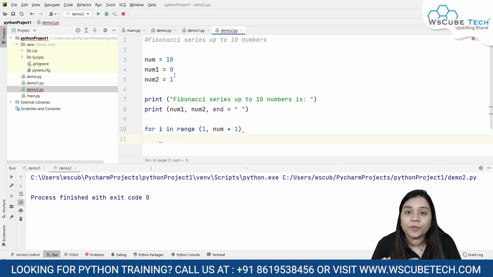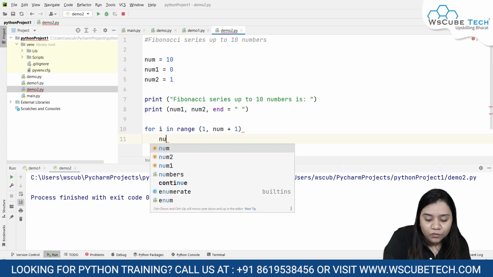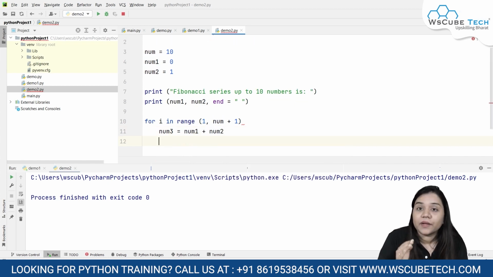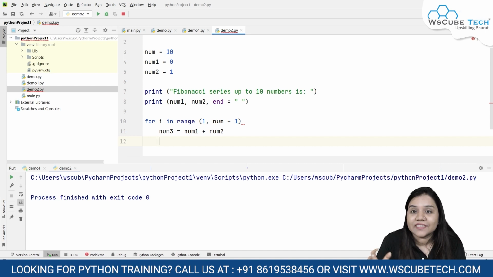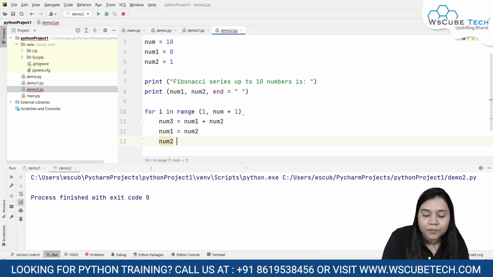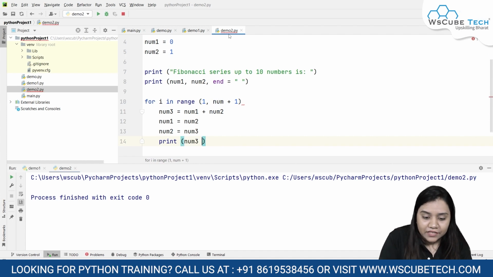After this, we know that the first number becomes the second number, and the second number now becomes the addition of the previous 2 numbers. So I'm going to create a variable called number 3, which will be equal to the addition of number 1 plus number 2. Now our number 1 will be replaced by number 2, so I'll write number 1 equals number 2. And number 2 will be replaced with the addition of the previous 2 numbers, that is number 2 equals number 3. Next I'm going to print number 3 comma end equals open quotations close quotations,